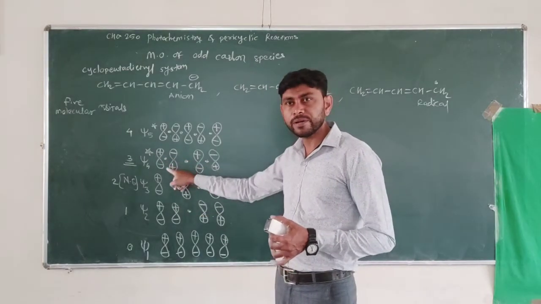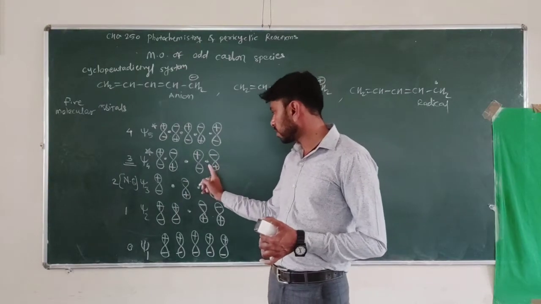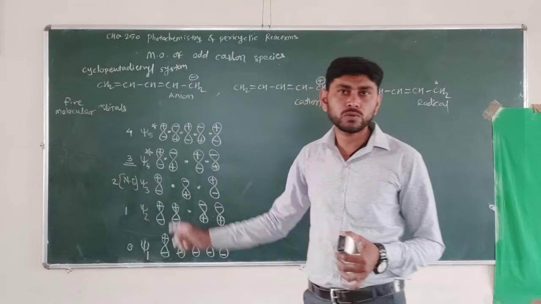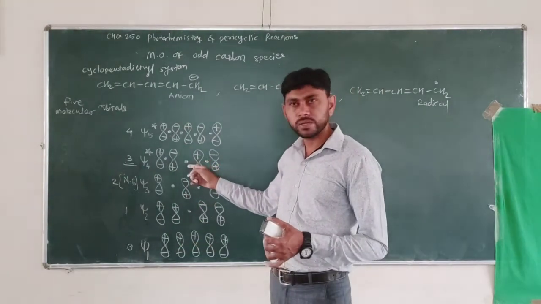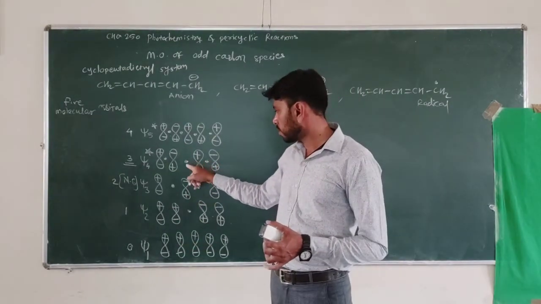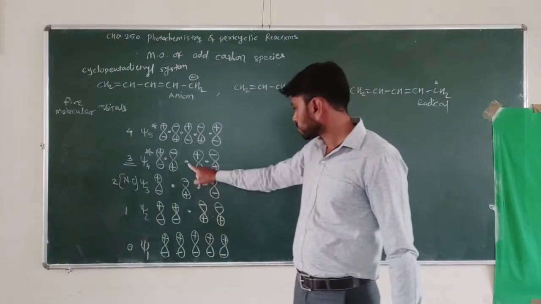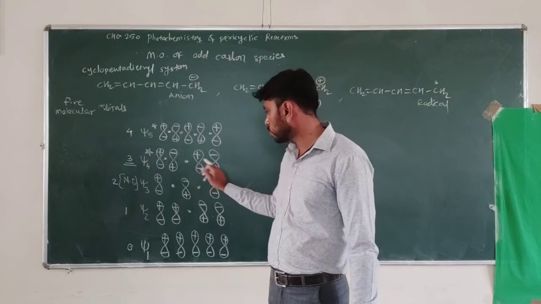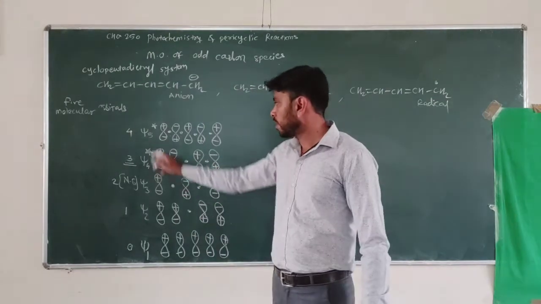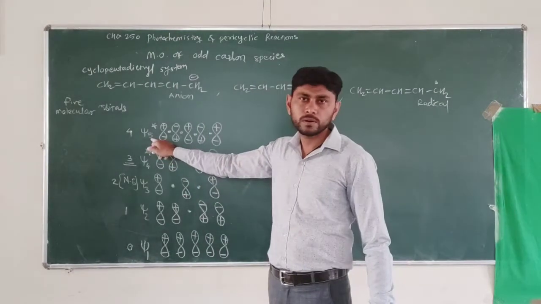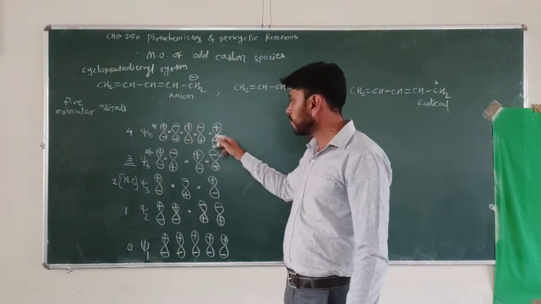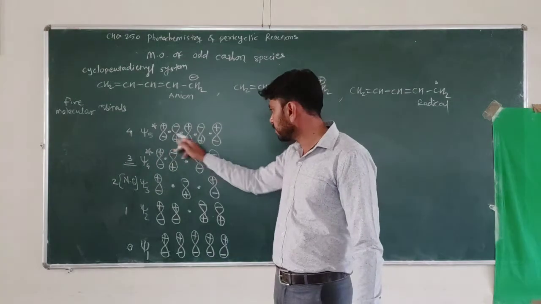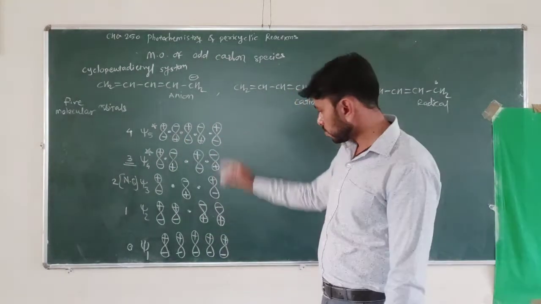And remaining in between. So we have drawn here in between two nodes, and one is through the nucleus. We didn't draw the orbital here. So it passes through the nucleus and two in between. And for odd number of orbitals, all the nodal planes pass in between the orbitals, or in between the carbon nucleus. So in between we have written all the nodes. So these are the orbital drawings.